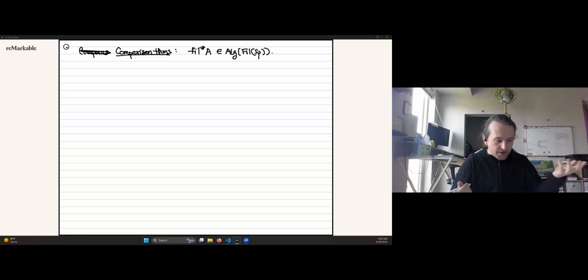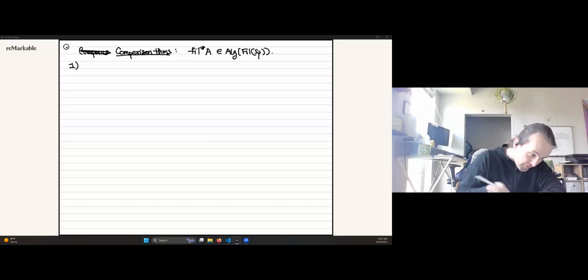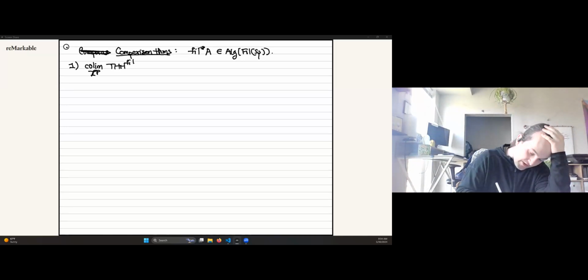And so here are some comparison theorems about why these are useful invariants. The first one is that if you take the colimit over THH fil of this filtration on A,